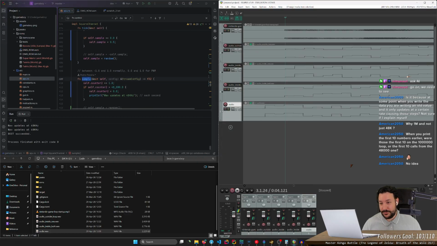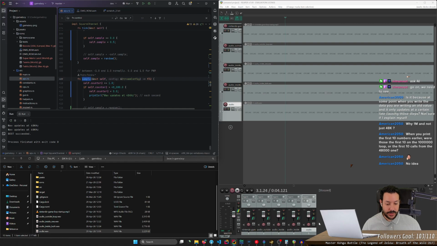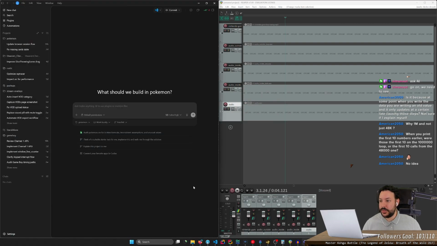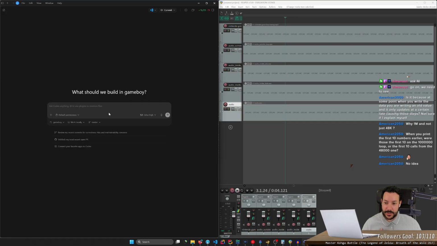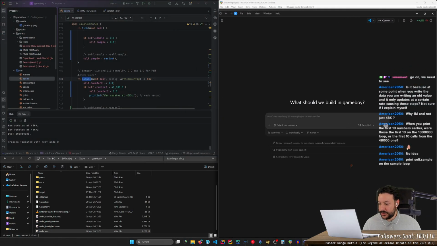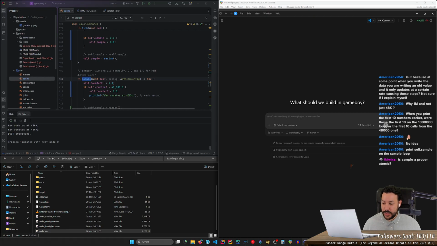I'm gonna bite the bullet and ask ChatGPT or Codex or whatever this is called, by the way. Let's see what they say. Print self.sample on the sample loop. Hello, EQX. How's it going? Is sample a proper atomic?